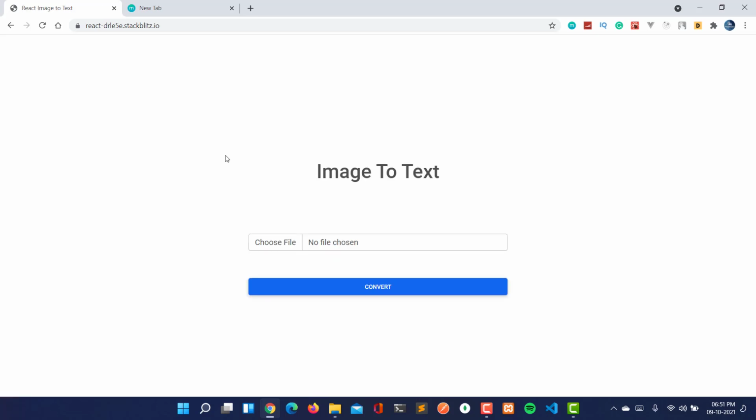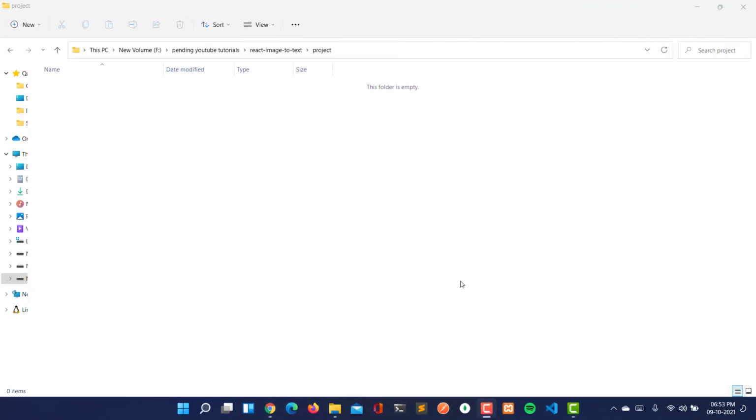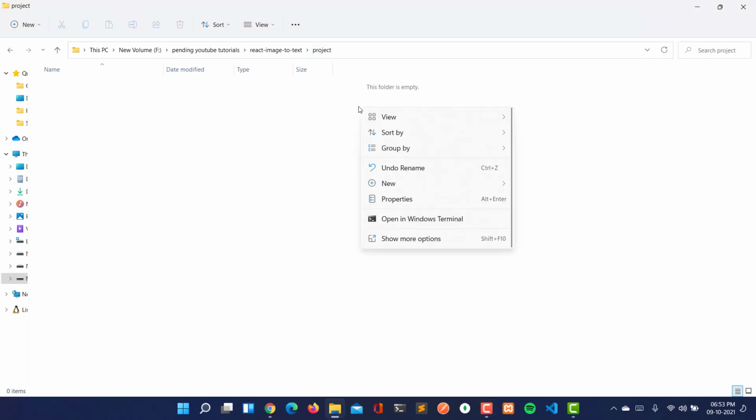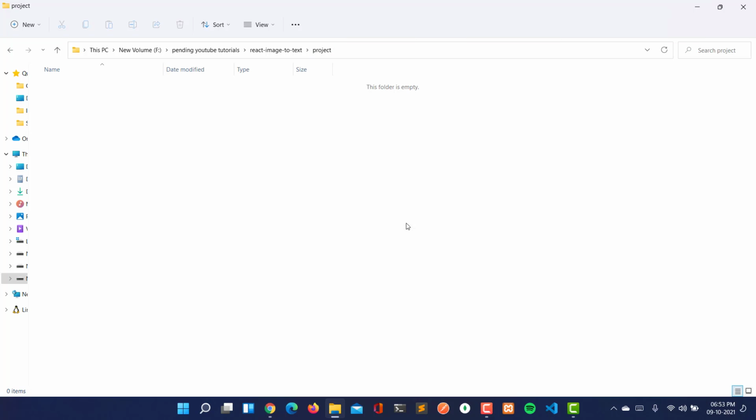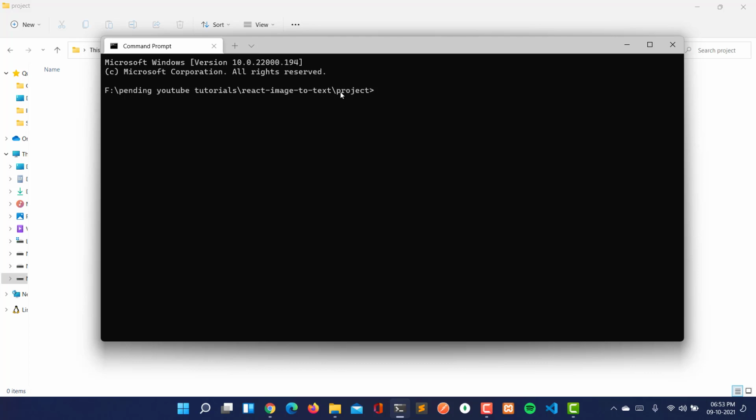First of all we will create our React app. To start with the application, I'm having one empty folder and that folder name is project. I'm going to use this folder to create our app here. So I'm opening this project in my Windows terminal. See that I'm under the project folder here. Here we are going to create our React app, so I'm going to use npx create-react-app,